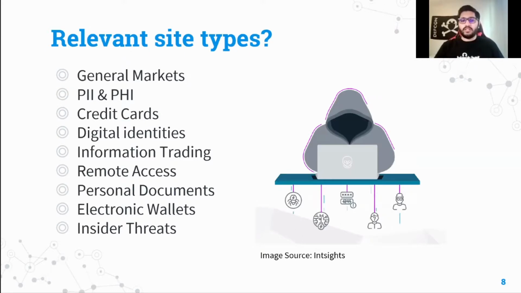So moving on, there are different types of sites that you can look at. As a researcher, based on your organization's threat model, you focus on particular sites that you want to get something out of. Either you can focus on general forums or general markets, credit card forums, dump shops. For example, if you are a bank, you would want to focus on credit card shops or dump shops where different credit cards are being dumped, or you can focus on insider threat forums, and so on.